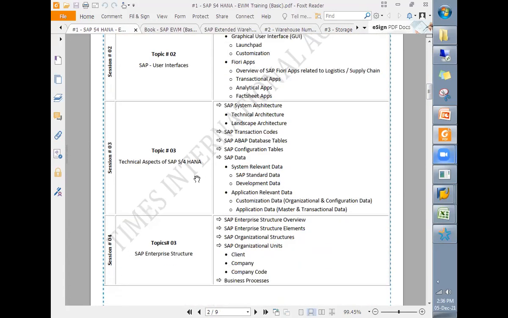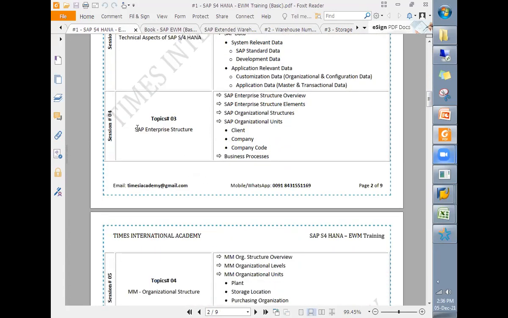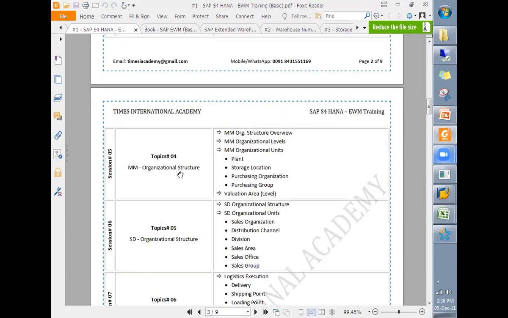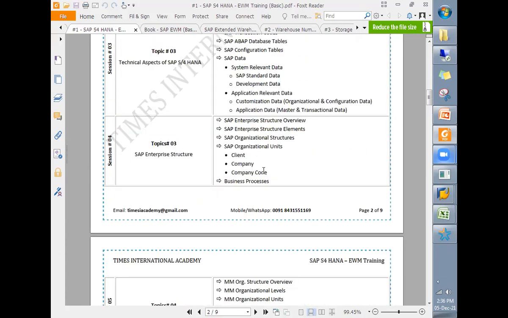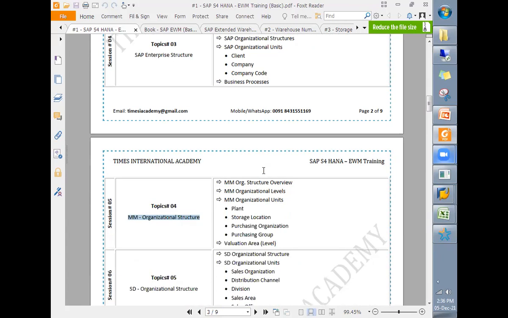And then as soon as we start enterprise structure configuration, configuration starts, because here we need to define company code and the organizational structure. So from topic number 3, configuration starts.